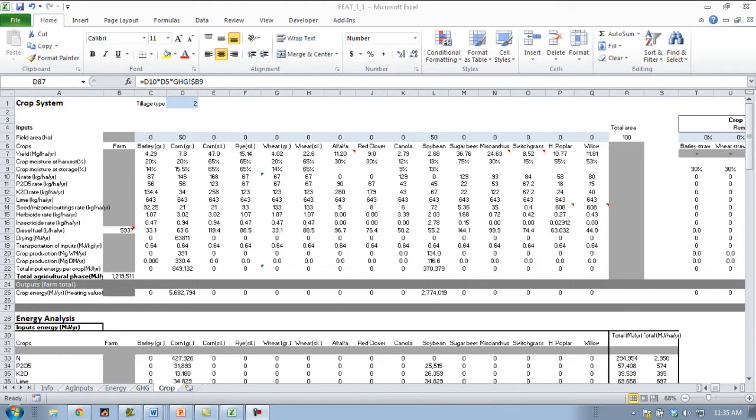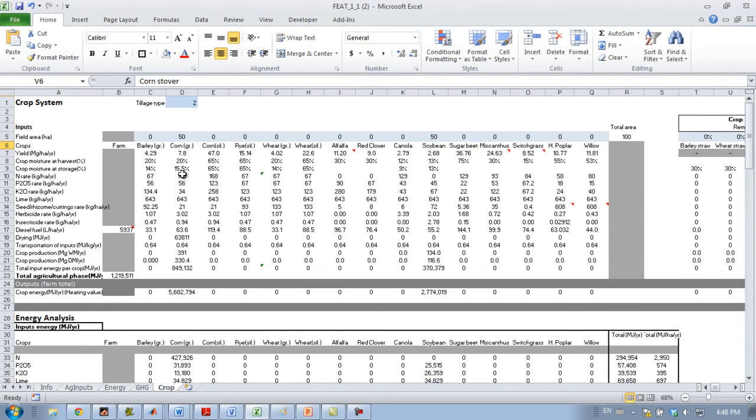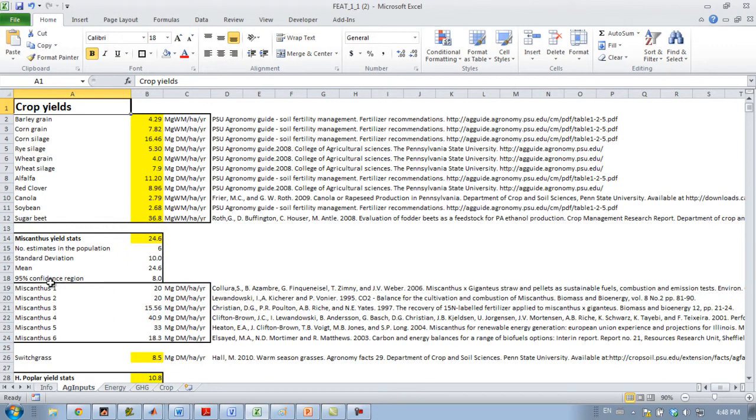Another point I would like to mention is that the spreadsheet is 100% transparent. What I mean by that, let's say yield for corn. So we go to the cell D7, then we double click, we see that this comes from ag inputs B3. Yield for soybeans, ag inputs B11. So then you might think, okay, I know where this is coming from, so let's go to this workbook. Ag inputs B11. So here we are at ag inputs, and then we go to B11,